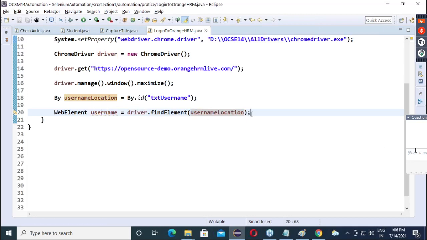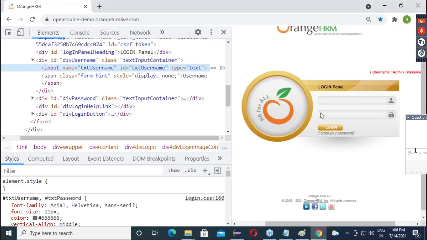Okay. Now guys, on this username, what action do you want to perform? Enter username as admin. So entering username as admin means, can I say I need to press on my keyboard A D M I N. Yes or no?